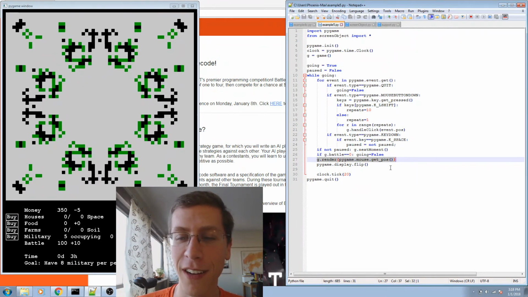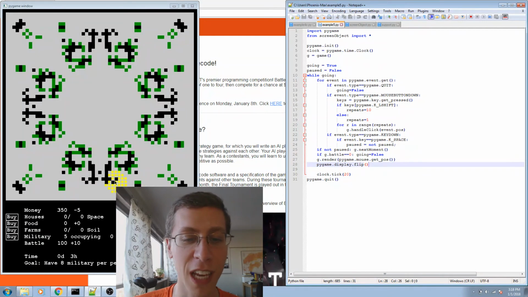If g.render, so then there's the rendering function. It just asks the game to render the whole game, and it takes in the mouse's current position, and that handles the mouse over effect that you see here. Like, I'm not clicking right now, but there is still a pygame.mouse.get_pos. So if my mouse is in a place where I could expand the colony, so not on a black tile, not too close to the edge, has to be on the map, all these little rules, then it'll go ahead